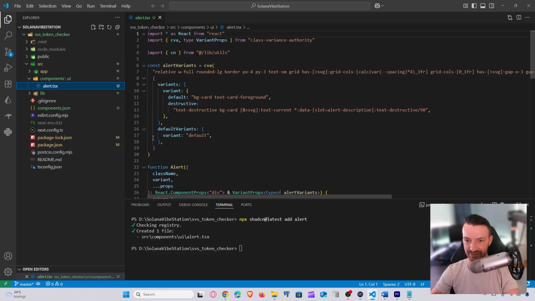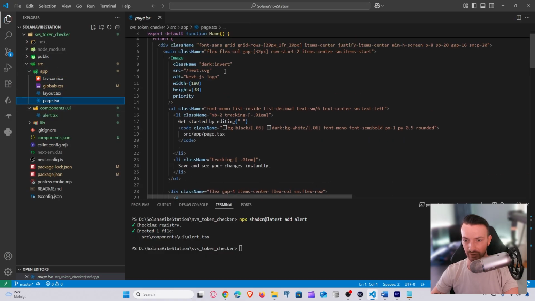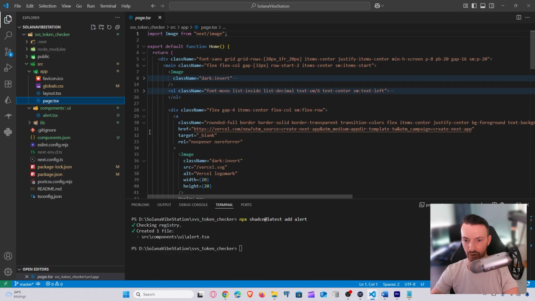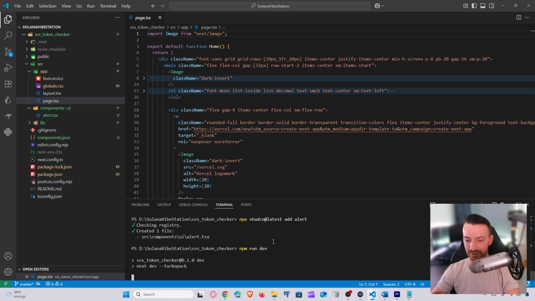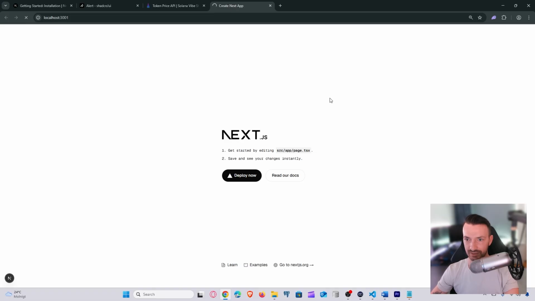And as you can see, there are variants, and we can really easily add variants if you want to, for example, have a success alert, a warning alert, or a danger alert, as we already have here under destructive. So let's test this out. If we go back to our application under page, here you will see all the components, all the markup, all the elements that are currently used to display our app. So if we run our server once again and go to the app and refresh,